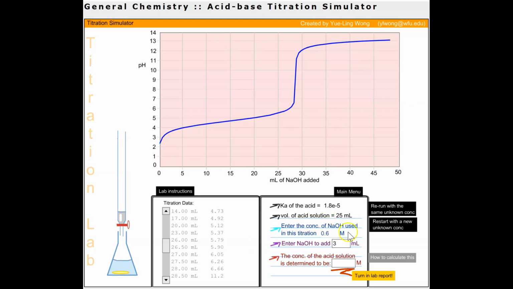Now I know the concentration of sodium hydroxide is 0.6 moles per liter. I know the volume of sodium hydroxide is 28.25 milliliters, and I know the volume of acetic acid was 25 milliliters. I can complete the stoich, which is what you're going to do on your lab write-up, and you're going to then put your solution in here,